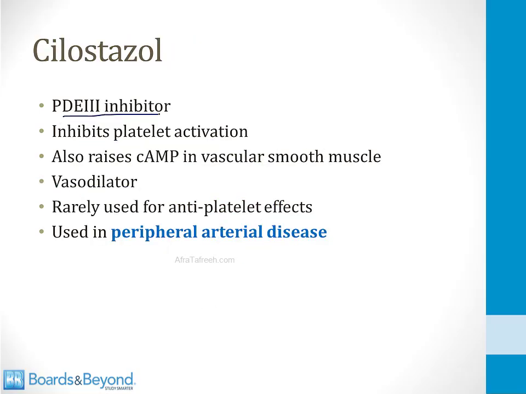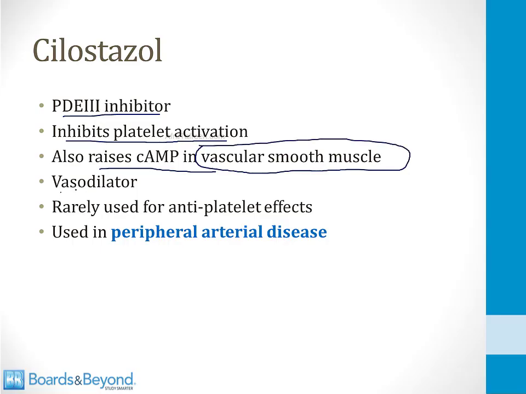Cilostazol is a PDE3 inhibitor that inhibits platelet activation, and it does this by raising the cyclic AMP level in platelets. However, it also raises the cyclic AMP level in vascular smooth muscle, and this leads to vasodilation. This drug is rarely used for its antiplatelet effects. However, it is often used in peripheral arterial disease. It's used in this situation because it's a vasodilator and it can increase blood flow to the lower extremities and